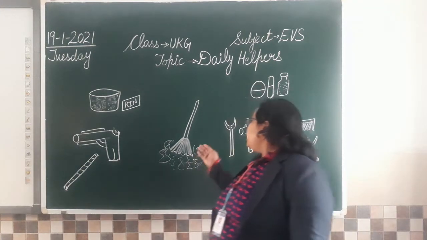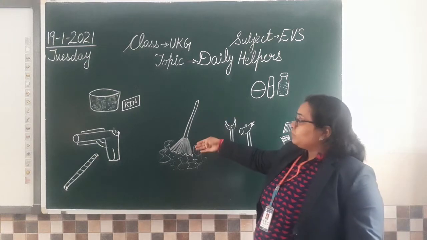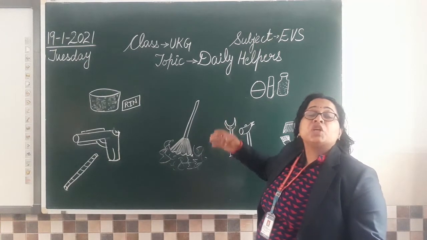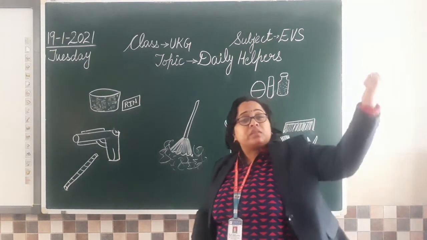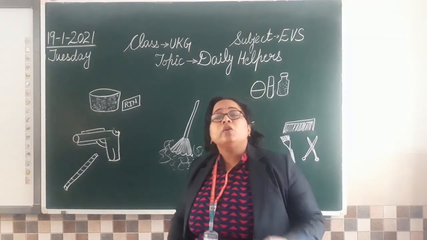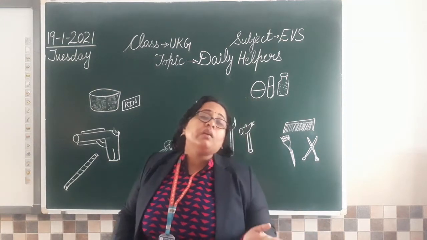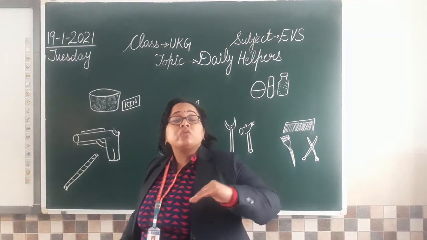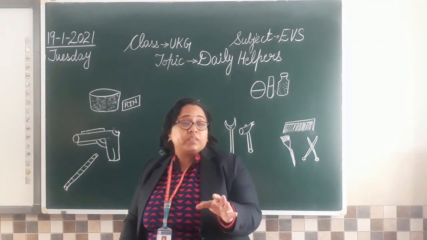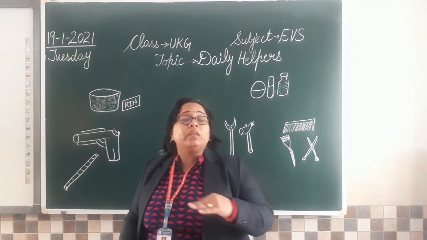Another one we have, yes, what is this? It's a broom. Broom यानी झाड़ू जो बिग वाली होती है जिसमें एक स्टिक लगी होती है. मॉर्निंग में you must have seen some uncle or auntie cleaning your streets. आपके घर के बाहर जो streets हैं, roads हैं, उनको clean कर रहे होते हैं.